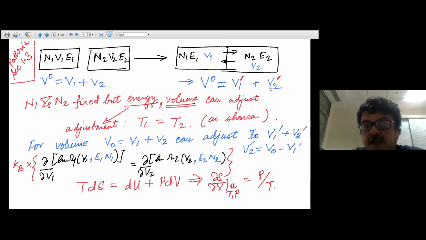Moreover, we are allowing energy exchange as well. So N1 and N2 are fixed, but energy and volume can adjust themselves to reach a new equilibrium. And if they are in equilibrium, we know that if energy exchange is allowed, then T1 is going to be T2. But what are the new values of V1 dash and V2 dash, such that a mechanical equilibrium is also achieved? The system is going to interchange the volume, or the number of microstates which are accessible due to volume and